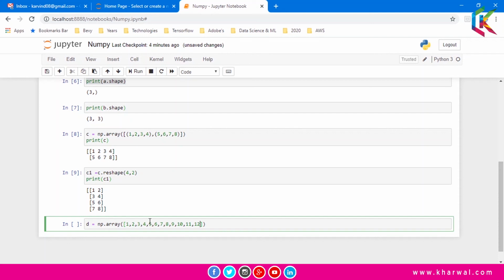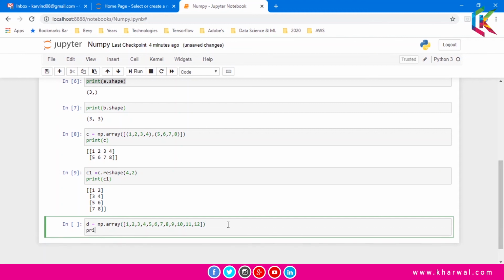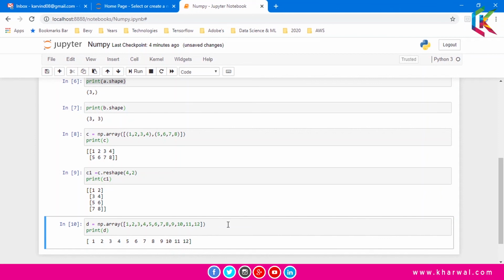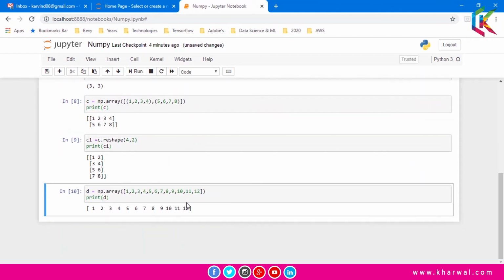I have created a one-dimensional array of size 12, and now I am going to convert this one-dimensional array to a two-dimensional array by using reshaping. Now I am going to print this d. It is a one-dimensional array d, and now I am going to convert it to a two-dimensional array.